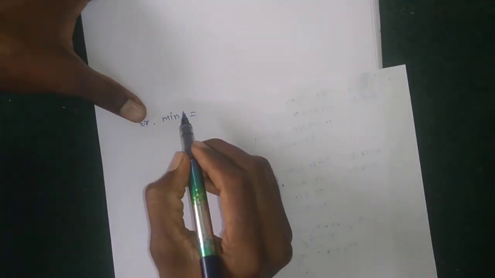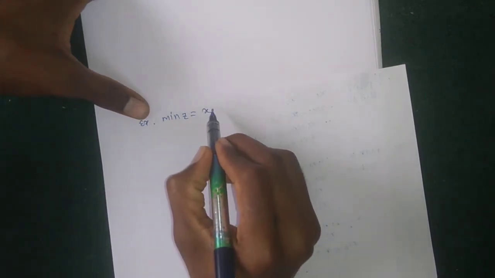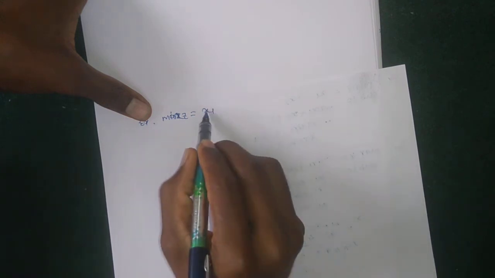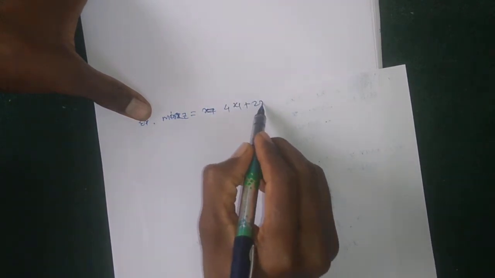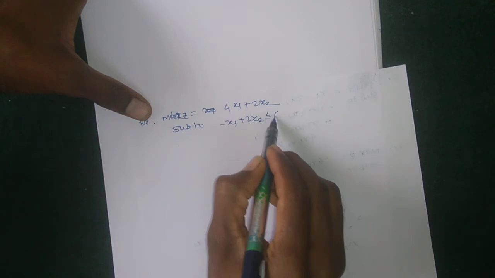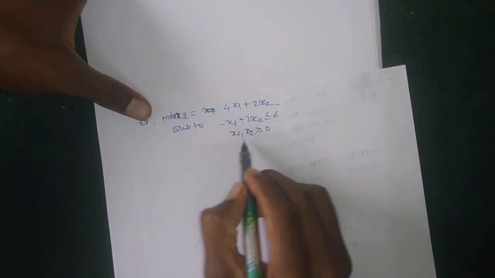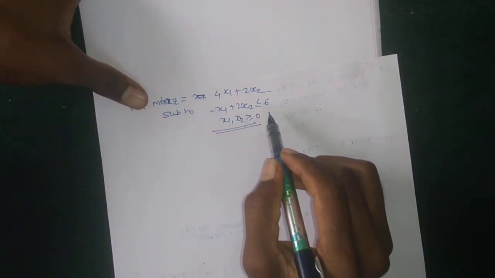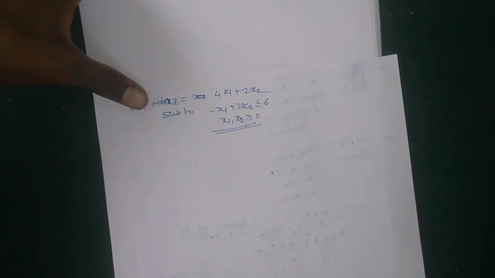In a similar way, the next example is: minimize, not maximize, z = 4x1 plus 2x2 subject to minus x1 plus 2x2 is less than or equal to 6. Here only one constraint is given, so there may be a solution. For this less-than-or-equal line, all values are less than that. Okay, then